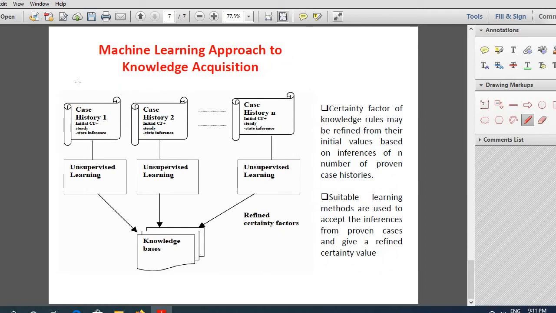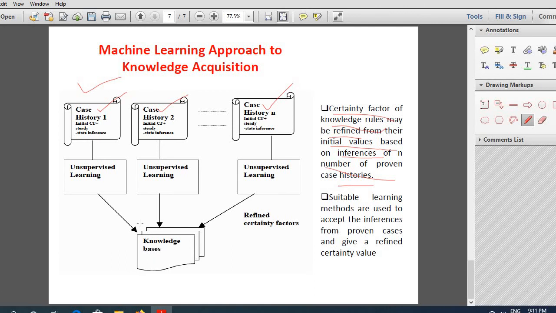So this is what is shown here. The certainty factor of knowledge rules in the knowledge base can be refined or modified from their initial values based on the inference of n number of proven case histories. That is, you have different case histories coming. If you have an if-then rule, and more cases show that the rule is true, the certainty factor of that rule will be increased.